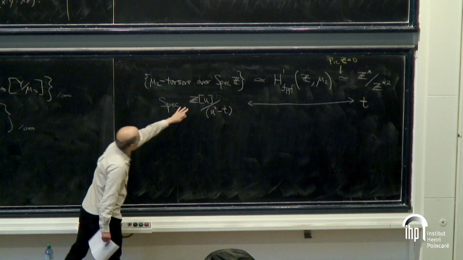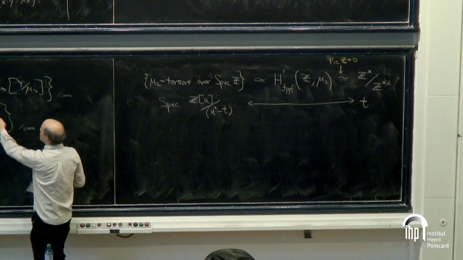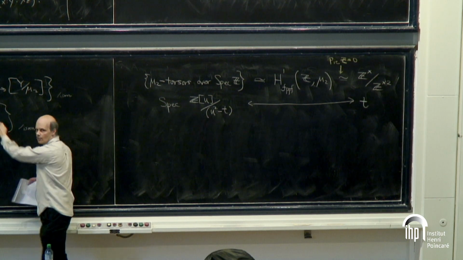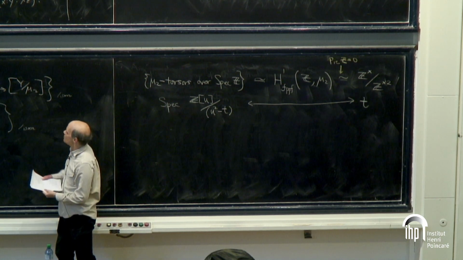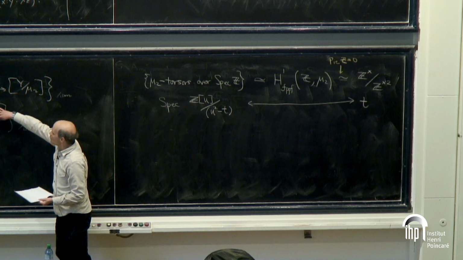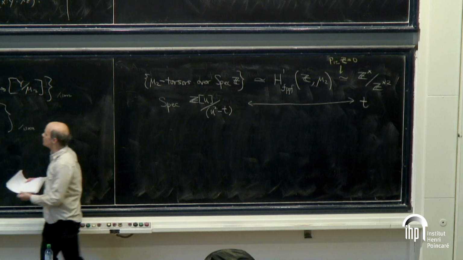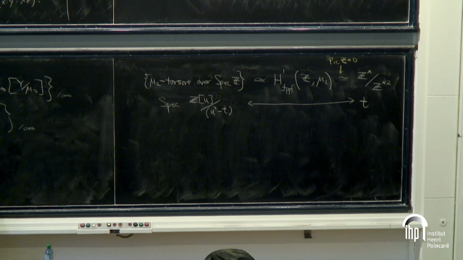Well, if you take all the maps from here into Y, that's just the Z adjoin square root of T points of Y. But to be mu2 equivariant, that means you want something that's not Galois invariant, but Galois anti-invariant. And so for each torsor,